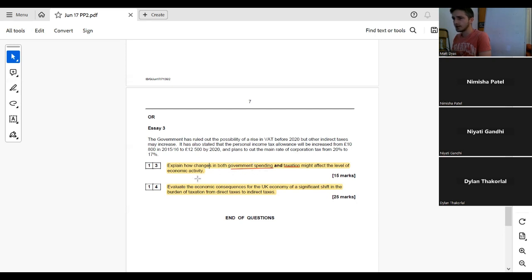So economic activity is the only maybe tricky part that might put people off. And you get this kind of thing fairly often with AQA where they might put something in the question that you haven't had clearly or explicitly defined for you before. That's often the case with economic activity. You've got to use a bit of common sense here. Hopefully, most of you will recognize that it's kind of common sense to think of economic activity,